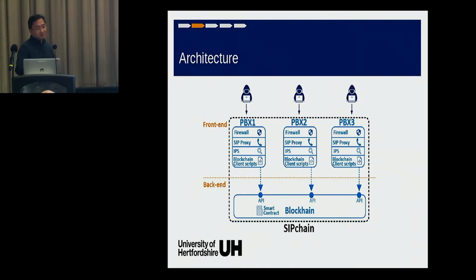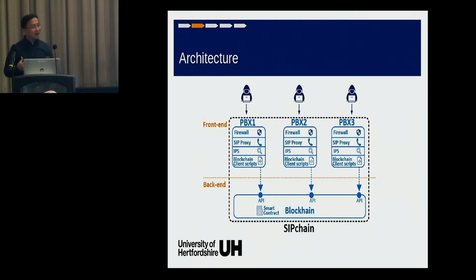And then there are these blockchain client scripts. This is the one that captures the information and sends it to the blockchain. We treat the blockchain up here as a database as a service. Why didn't we create just a normal database? Well, then you have trust issues. How can I trust you? One of the characteristics of blockchain is that it's publicly verifiable. I can see who actually did it, it's secured, and there's no single point of failure. So there are great qualities about this.